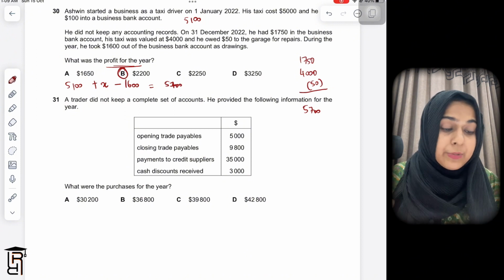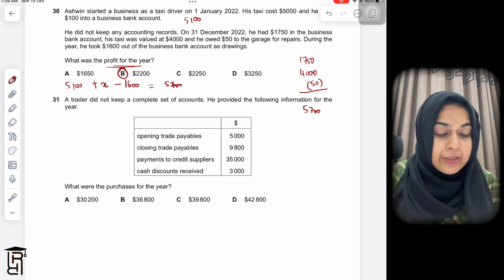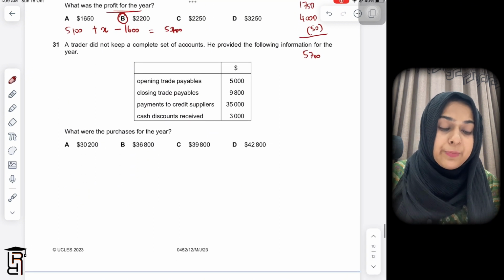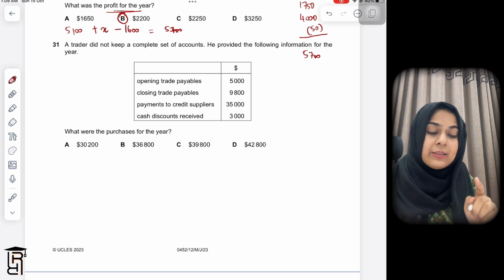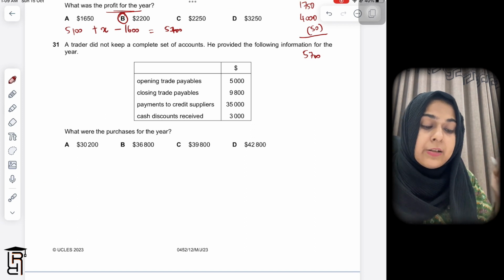So again, incomplete records question. He provided the following information for the year. They've given you opening trade payables, closing trade payables, payments to credit suppliers, and cash discount receipts. So in this case, when you have opening trade payables, closing trade payables, payment to credit suppliers, and discount received,